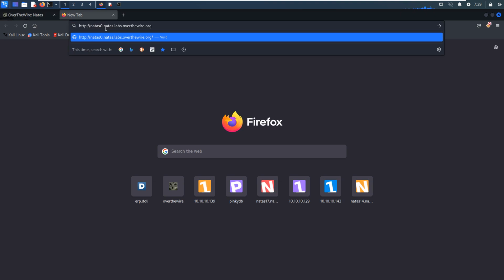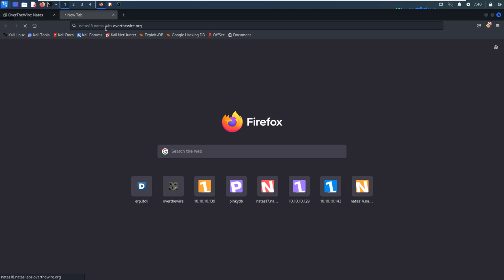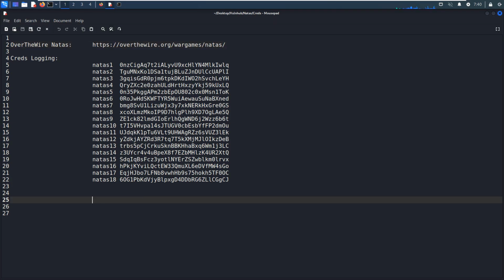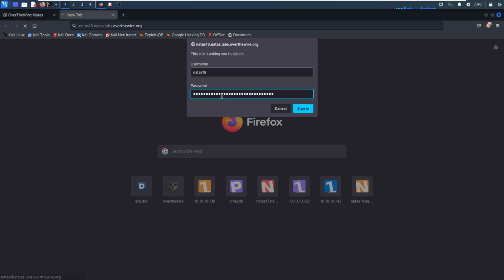Of course, we need to change the level from 0 to 18, and the username should be natas18. We can copy its password from the notebook, paste it into the password field, and then click sign in.